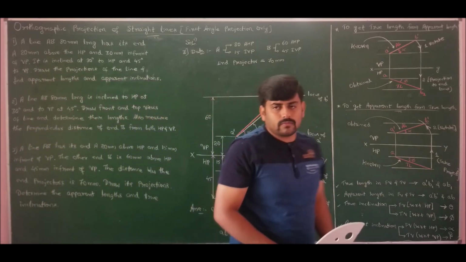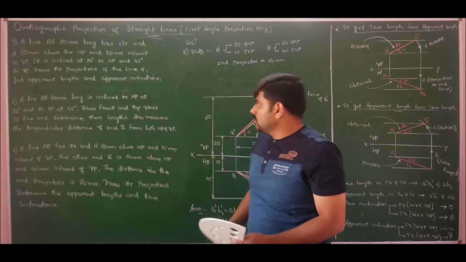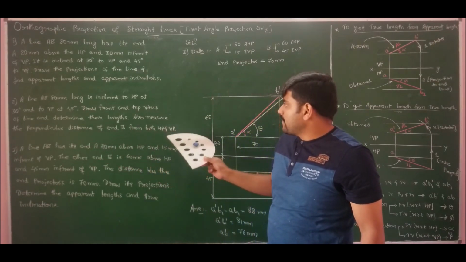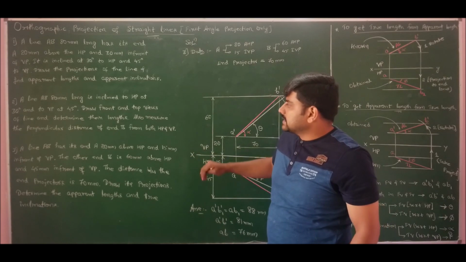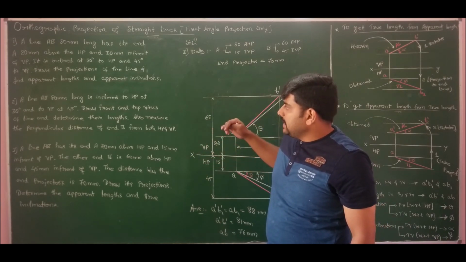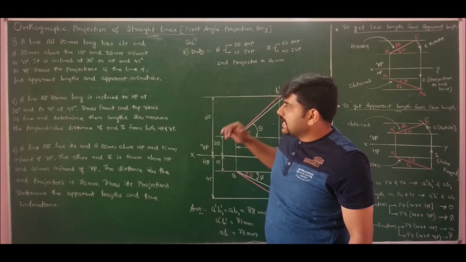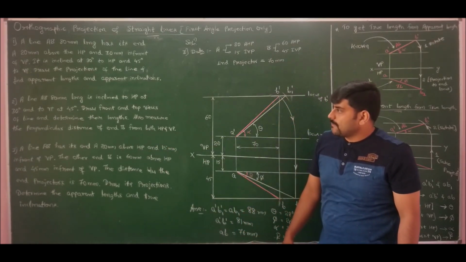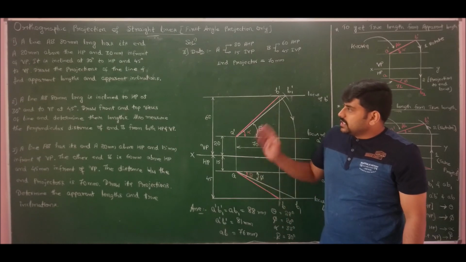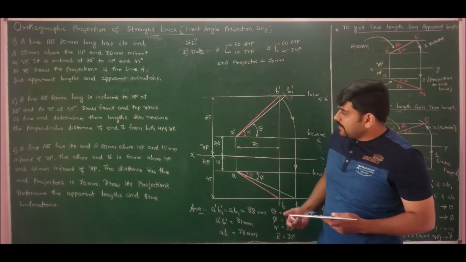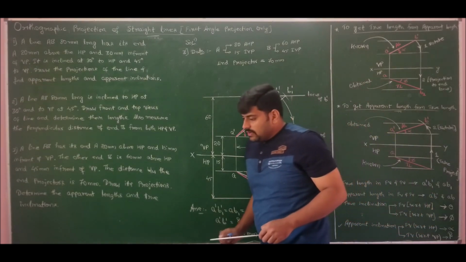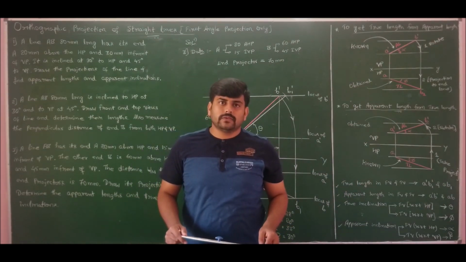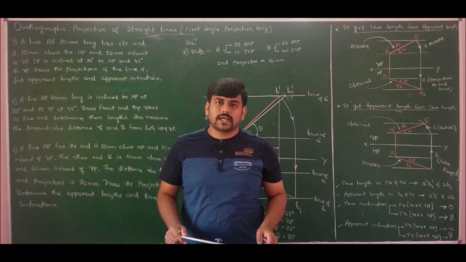For the previous problem what we have solved, that is for problem number 2, I not mentioned the perpendicular distance of end B from both HP and VP. That is, he is asking the distance of end B from XY line. Kindly mark that which I have missed for problem number 2. So this is the solution for problem number 3. So we have solved level 1 problems on orthographic projection of straight lines, wherein which we have constrained to discuss only on first angle projection.